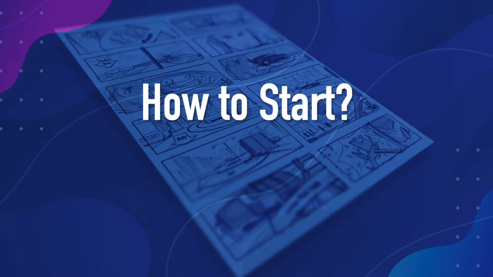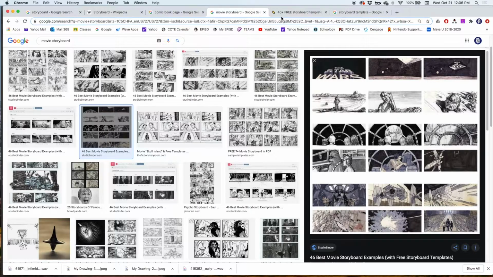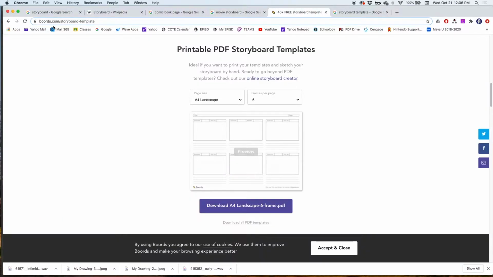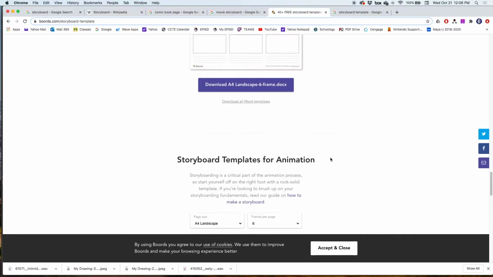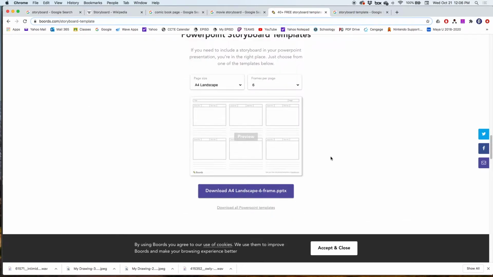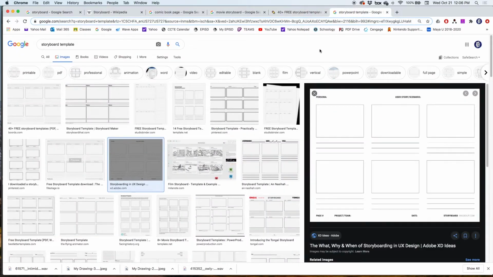Finally, let's get started with a storyboard. How to produce a storyboard. You're going to need a template. Is it necessary? No, but it is very useful. I went online and just Googled storyboards, and I came across this website. Lets you download for free. There's a bunch of storyboard templates, and you can download the PDFs, or you can just Google it and go to the images,